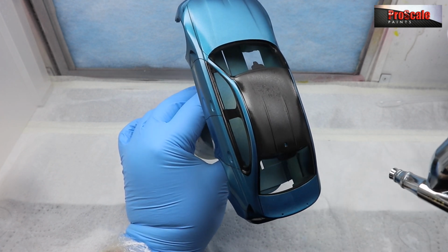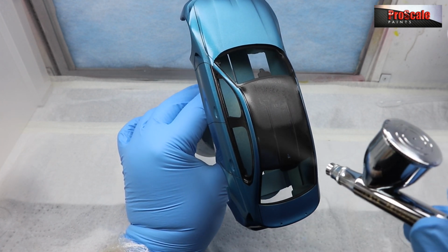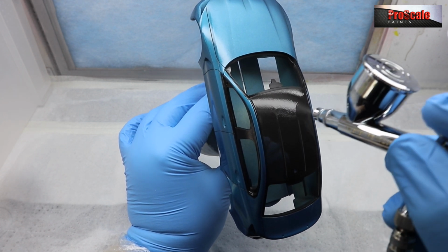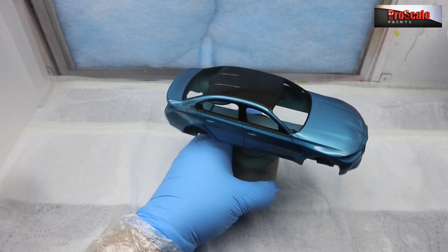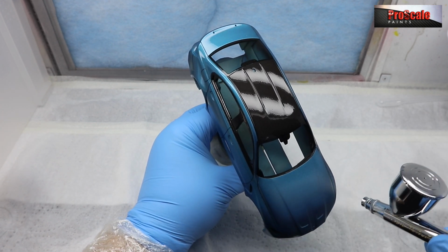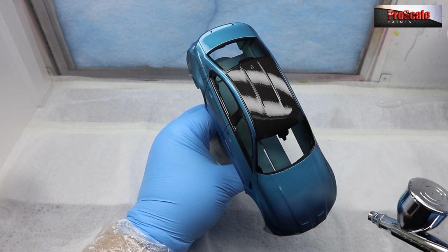So you can see how much I'm putting down. It is more than with usual 2K clears. The first coat on a normal 2K is just a light tack coat. On this one, it calls for a semi-wet, and I'll tell you, it works very, very well. So we are putting down a little bit more clear coat,